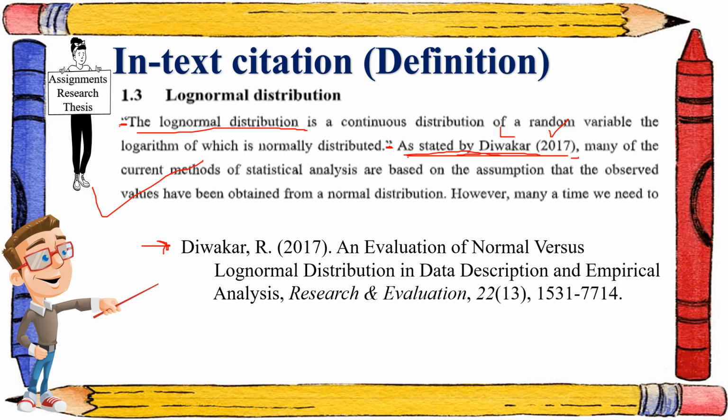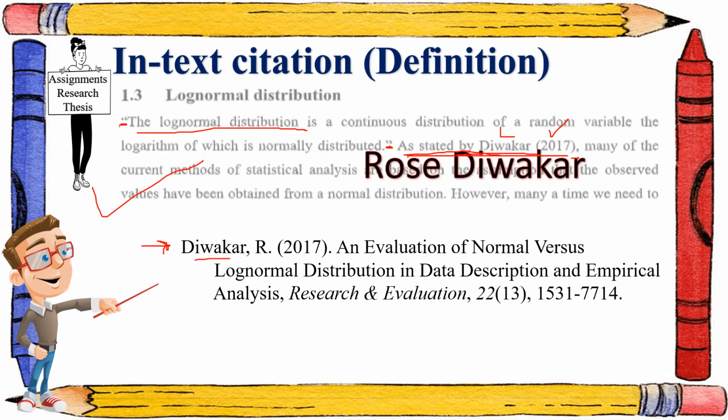First there is a Diwakar, and the full name of Diwakar was Rose Diwakar. So what we have written, we write the last name of the author, and then there is a comma, and then there is the first initial of the first name of the author, and then there is a full stop, and then there is the year of publication in the bracket, then the full stop, and then the next thing is the name of the article,